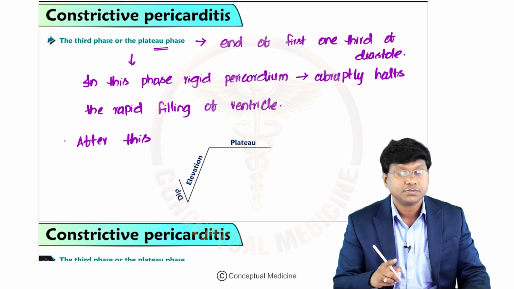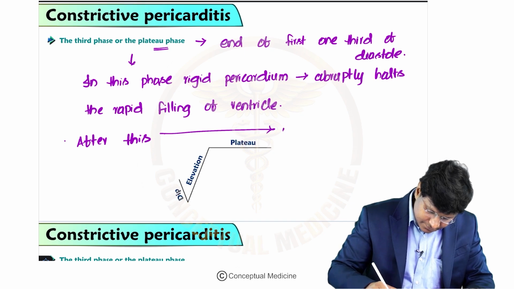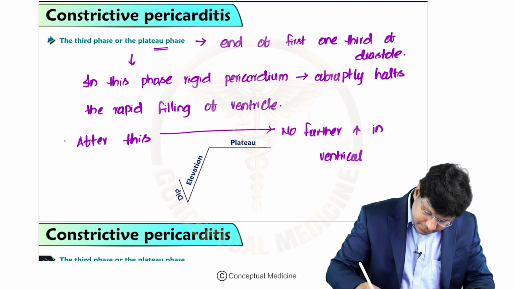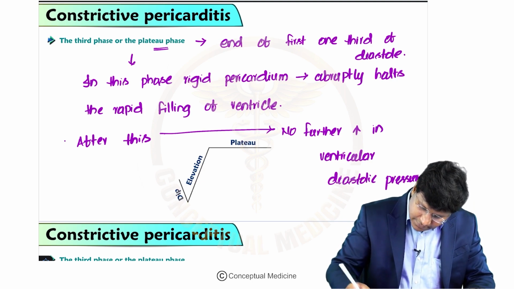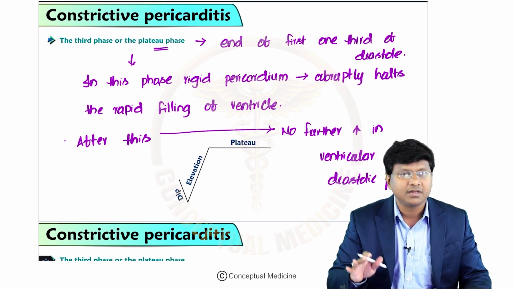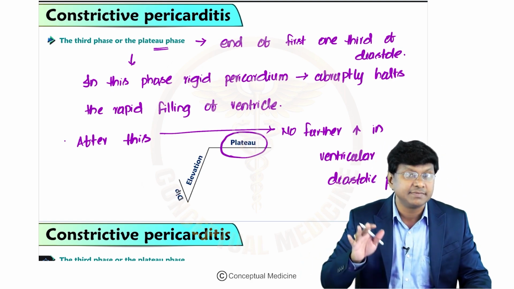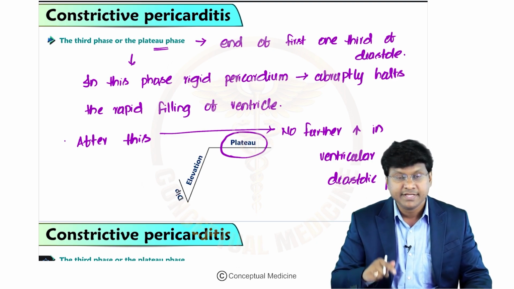After this, there is no further increase in ventricular diastolic pressure, and that is nothing but the plateau. So when this ventricular diastolic pressure is plotted on a graph, you will get a square